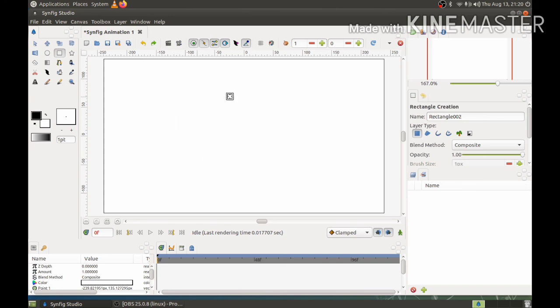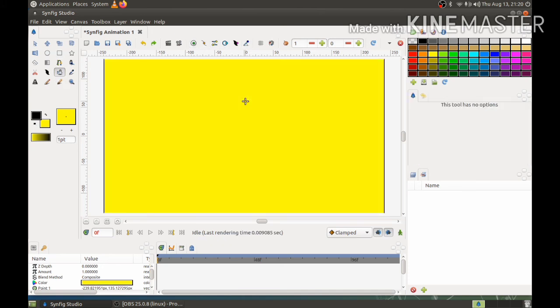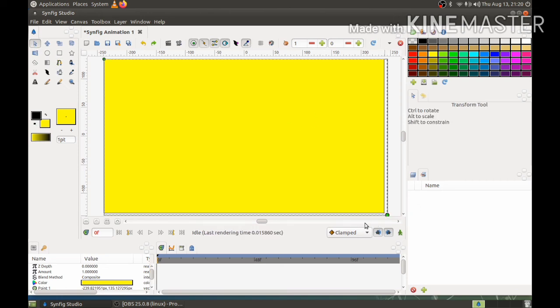By default it has white color. Suppose I want to change the color, then I can select this palette editor. From here, suppose I am selecting this yellow color. From this bucket I can add a color. So this is how we are using the rectangle tool.